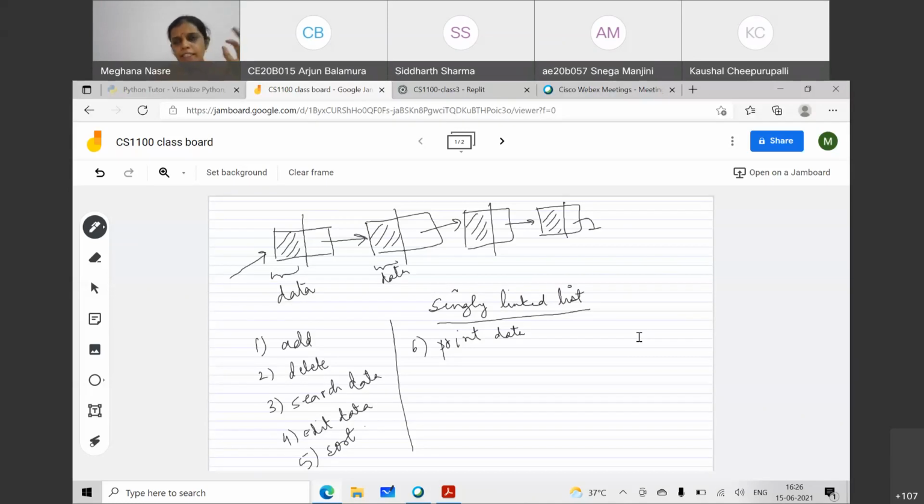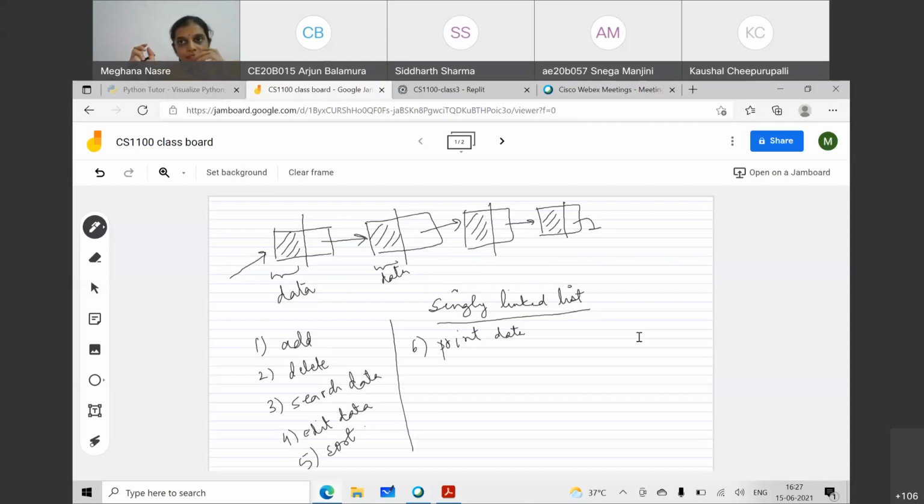Okay, so let's take the simplest data item, which is an integer, and build a singly linked list of integers. The reason we do this, which looks very toyish and small, starting with a big application where a lot of student records are there but then coming back to integers, is that pointer handling itself is a new thing for you, and therefore when you deal with pointers, we are bound to make some mistakes.